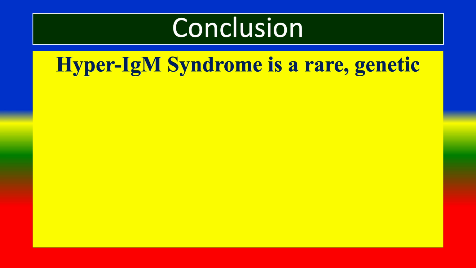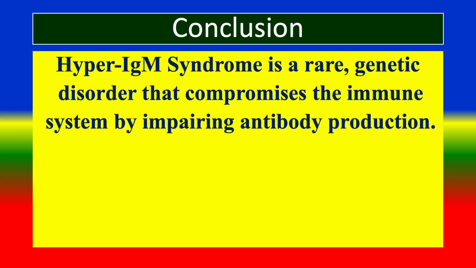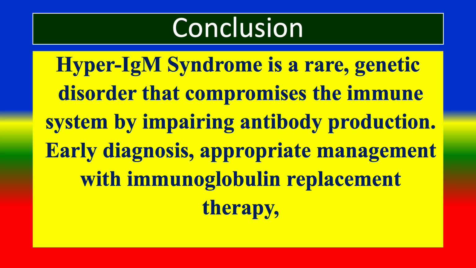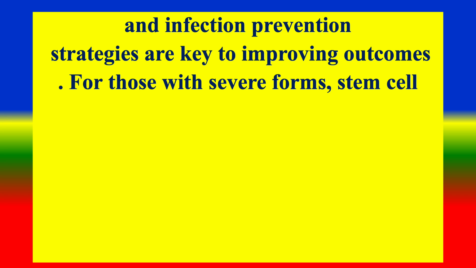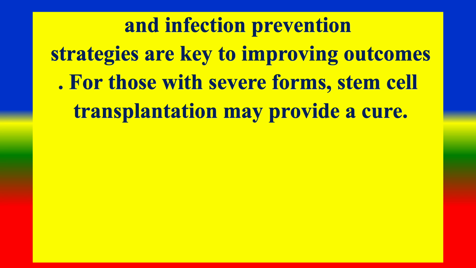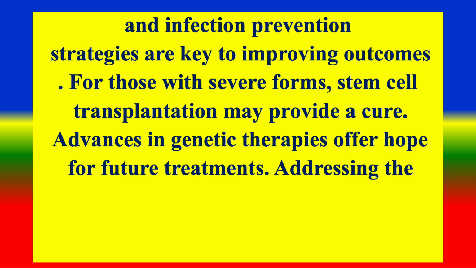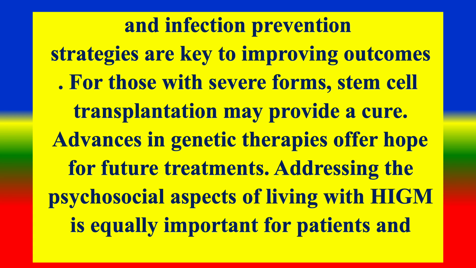In conclusion, hyper IgM syndrome is a rare genetic disorder that compromises the immune system by impairing antibody production. Early diagnosis, appropriate management with immunoglobulin replacement therapy, and infection prevention strategies are key to improving outcomes for those with severe forms. Stem cell transplantation may provide a cure. Advances in genetic therapies offer hope for future treatments. Addressing the psychosocial aspects of living with HIGM is equally important